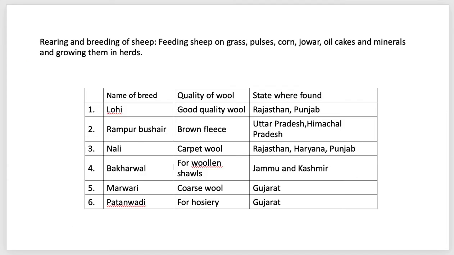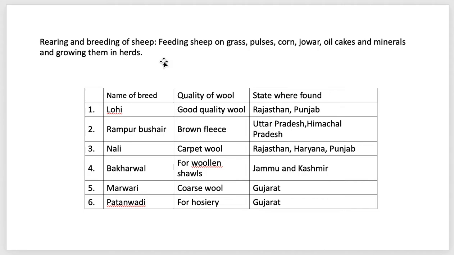Now, moving on, how does fleece become wool is what we're going to study, because fleece here is the fiber, wool is the fabric. So we're going to study all those processes involved from the cutting of the fleece to the making of wool. For that, there is one important step: rearing and breeding of sheep. What does that mean? That basically means taking care of sheep, making them your pet animals.